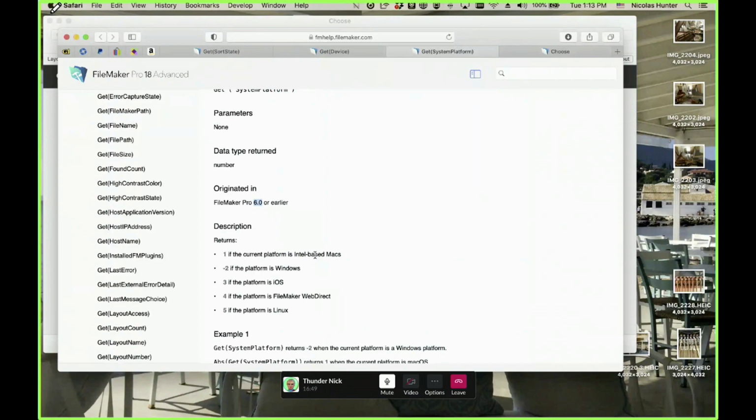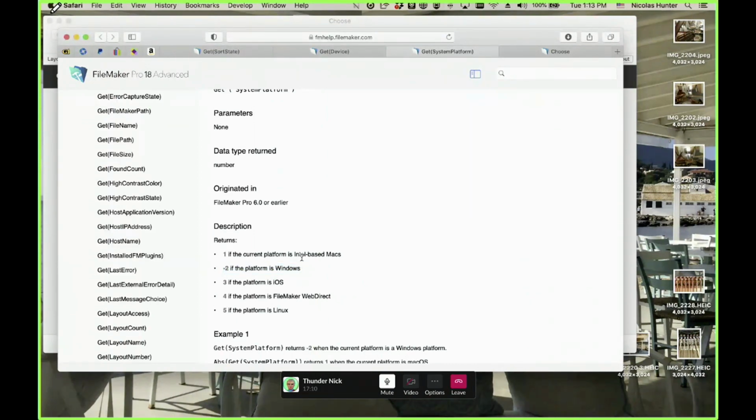We had 150,000 Macintoshes, and we had some Windows, so they put Windows at -2, and the +2 was the Mac.